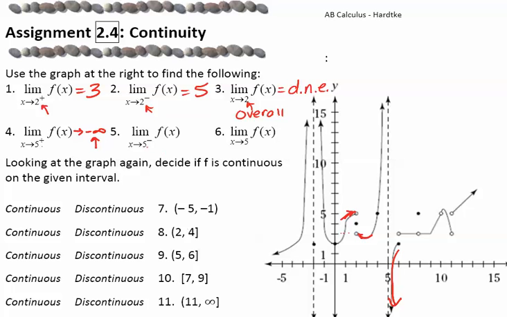And on the left side of 5, we're in this section of the graph next to our asymptote, and it is going to positive infinity. Now, even if both sides of the graph were going to positive infinity or negative infinity, the overall limit would not exist at an infinite discontinuity. Okay, let me erase my marks on the graph here, and let's continue